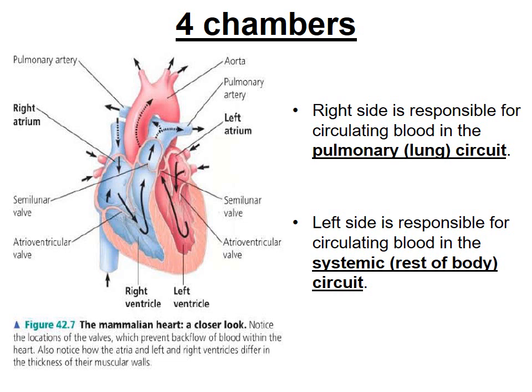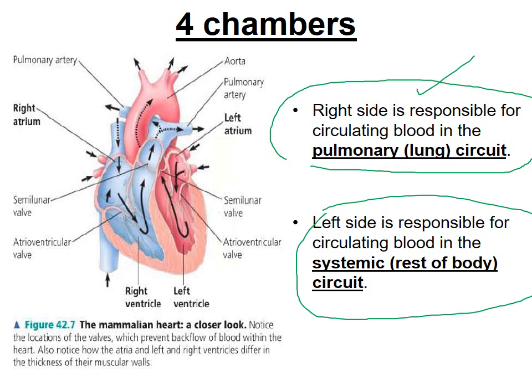So the idea is that the right side of the heart is responsible for the pulmonary circuit. So that basically means sending blood to the lung to get oxygenated. And the left side of the heart is primarily responsible for something called the systemic circuit, which basically means circulating blood throughout the body. So our circulatory system is